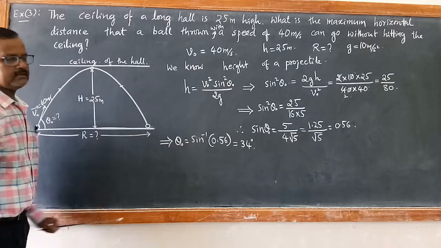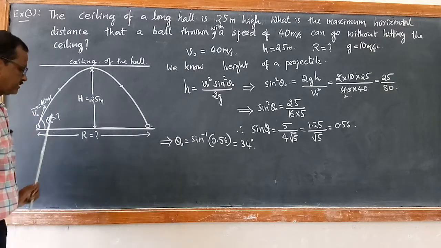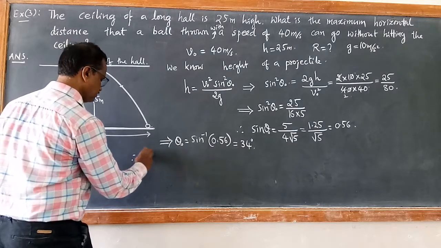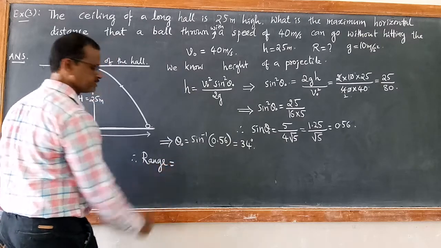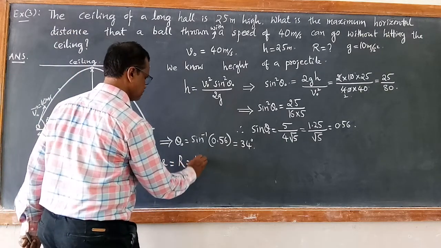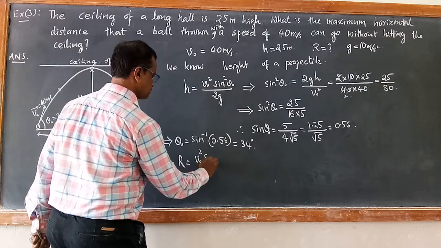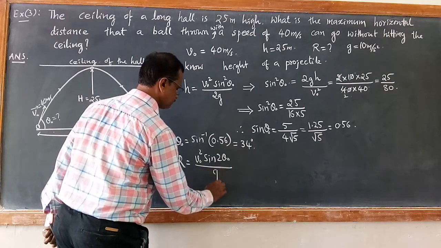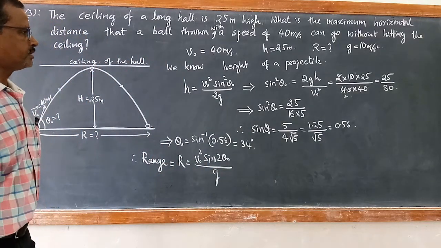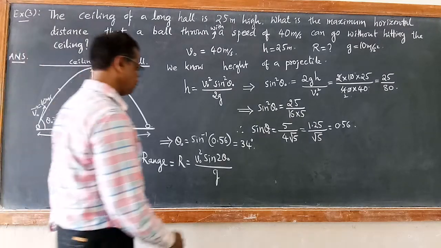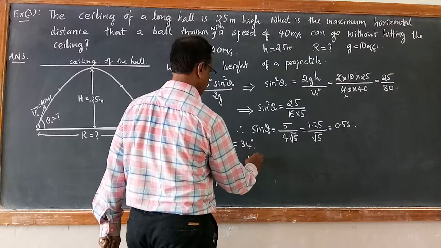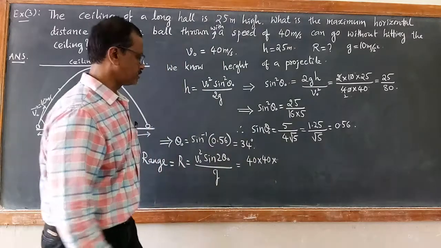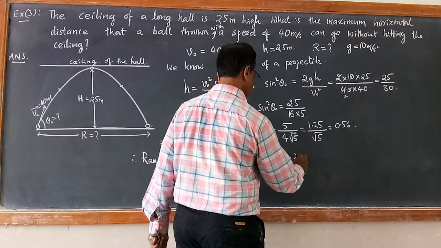Then we can calculate the horizontal displacement, the corresponding range. Therefore, the corresponding horizontal distance, range, is given by R is equal to, using the equation, v naught square sin 2 theta naught by g. v naught square sin 2 theta naught by g. So v naught again 40 into 40, that is 40 square. Then sin 2 theta naught, sin 2 times 34,